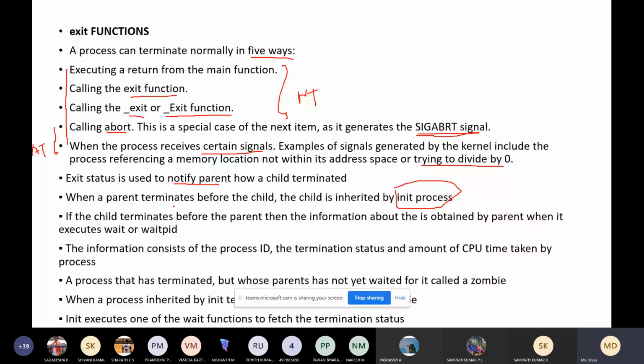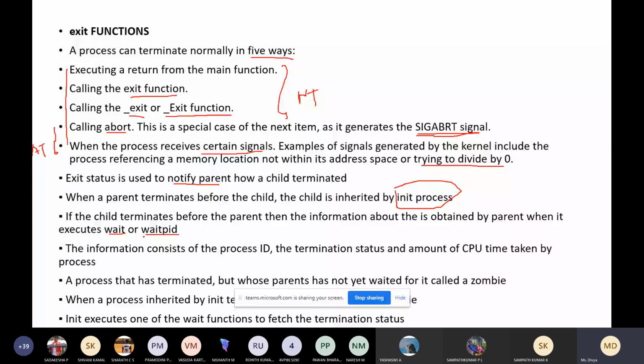If the child terminates before the parent, then the information about it is obtained by the parent when it executes the waitpid function. So these are the two important functions which are used for getting the information. What information can you get using these two functions?